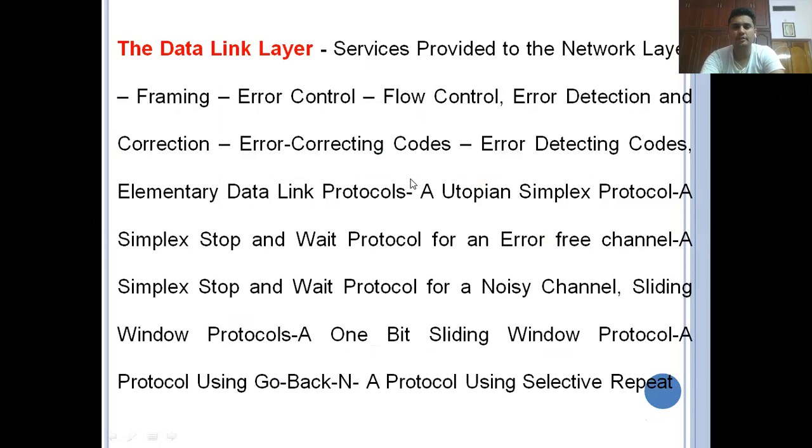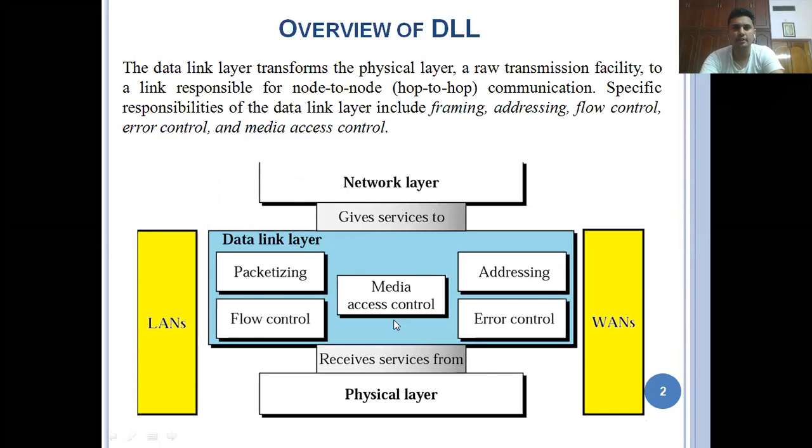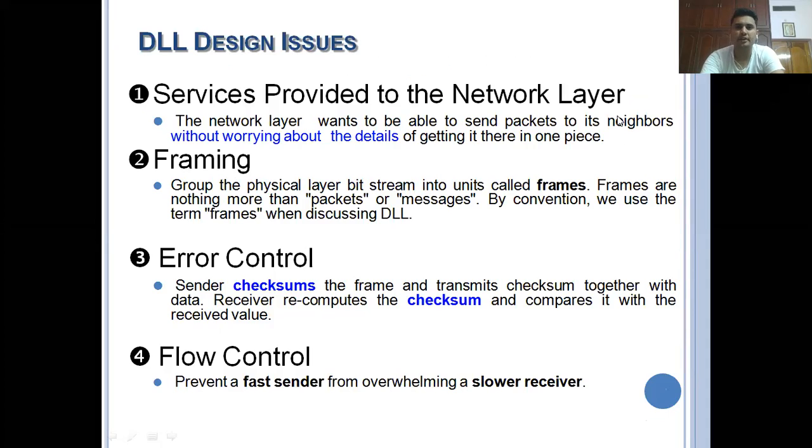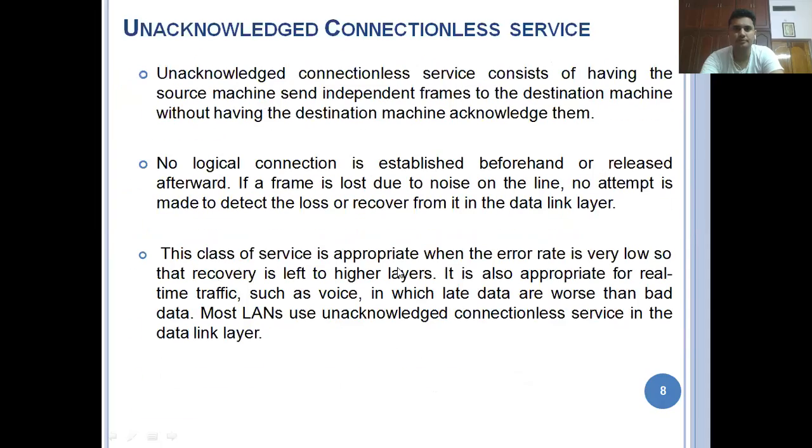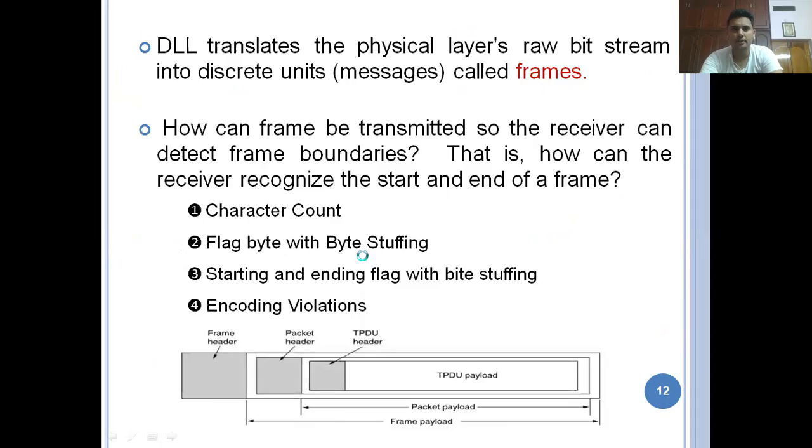So these are the topics we covered in the last video: service provided to the network layer, framing concept, error control, and flow control. Now, in this video, we will discuss the overview of error detection codes and correction codes, along with the different protocols: simplex protocol, stop and wait protocol, and different sliding window protocols. So we are directly moving to the